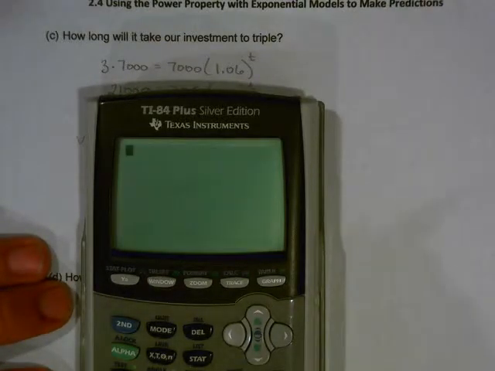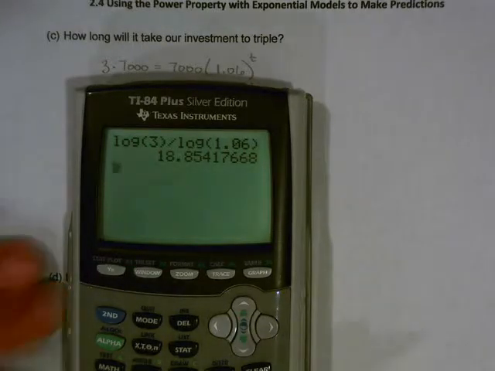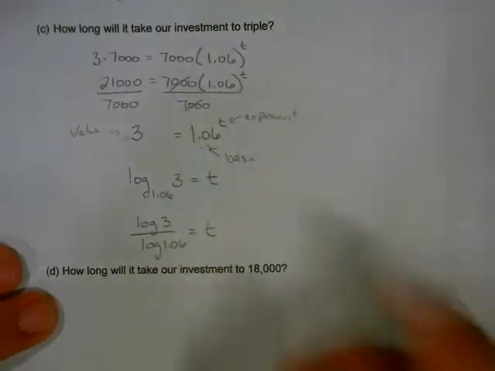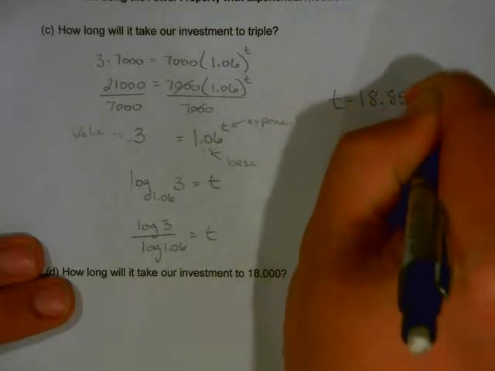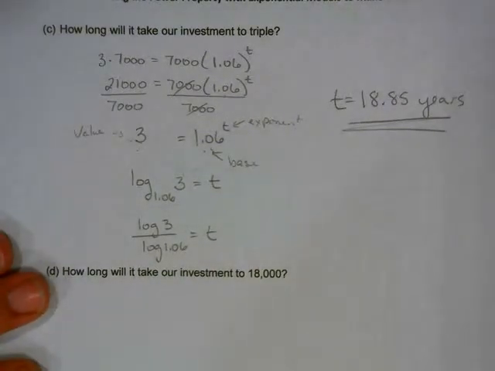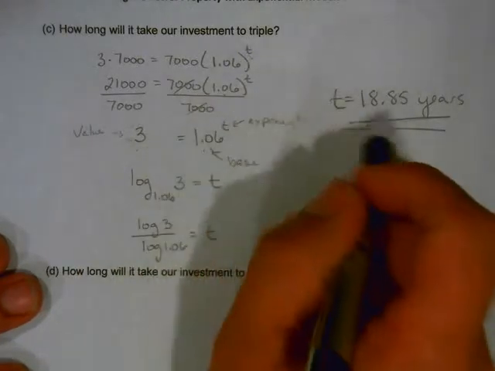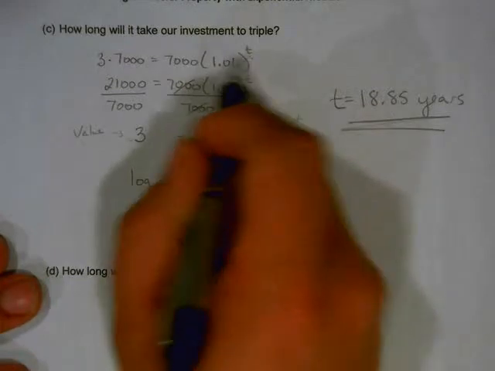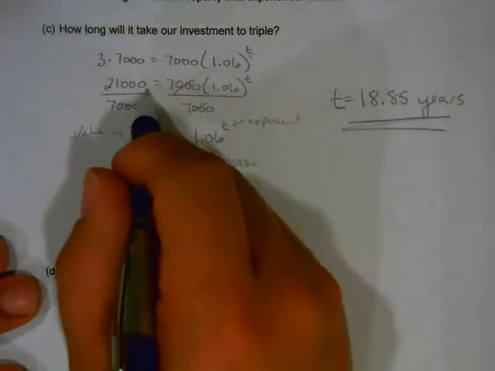So it's log of 3, close your parentheses, divided by log of 1.06, close our parentheses, and we're going to get about 18.85 years. So t equals 18.85 years, roughly, is how long it takes for this investment to triple. And again, if you plug it back into the original up here, that answer without rounding, you should get 21. If you type in your answer 18.85 here, then it's not going to be exactly 21,